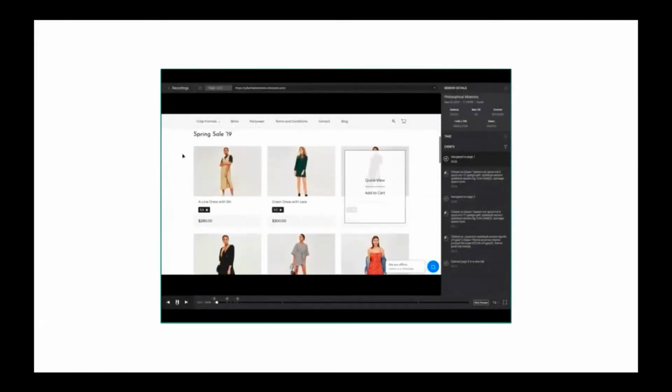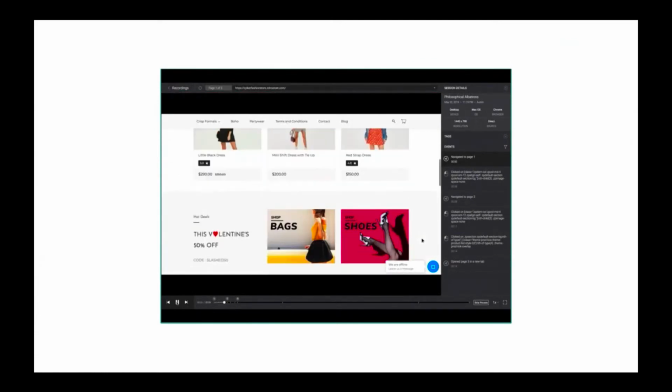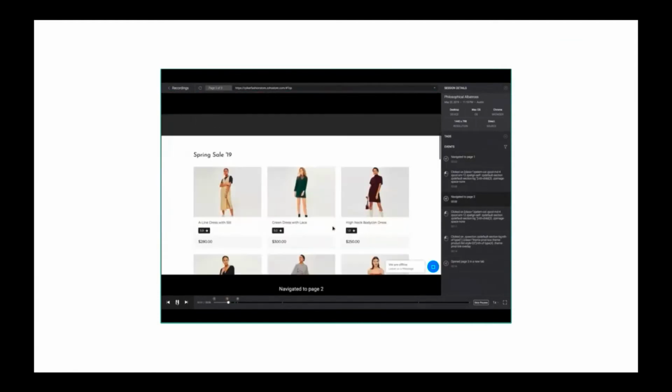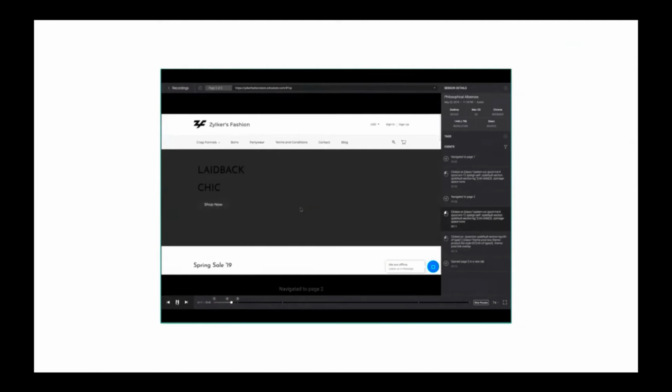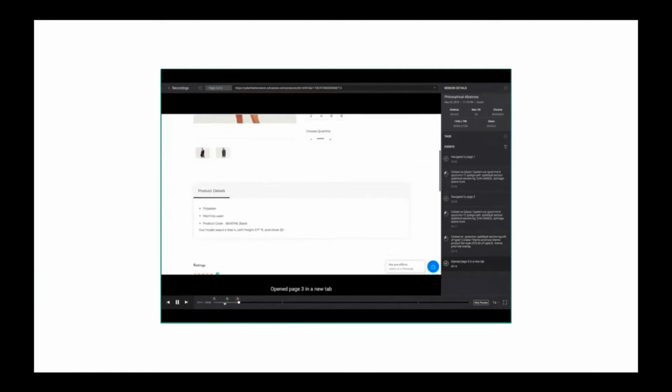You can view the business goals achieved by visitors in recordings. For example, you can check users who abandoned carts, downloaded a white paper, filled in forms, and more. PageSense comes with advanced segmentation, so you can now slice and dice your recordings based on different criteria, like visitors who've accomplished certain goals.